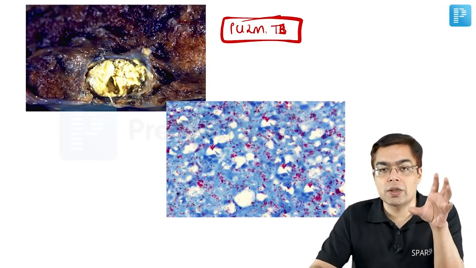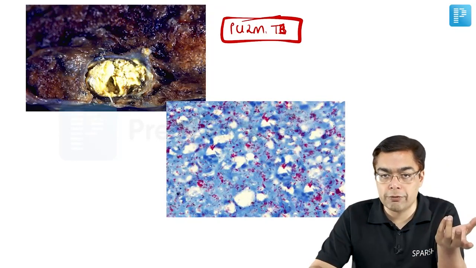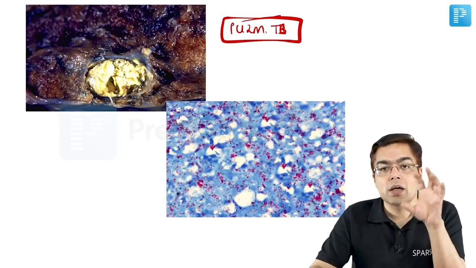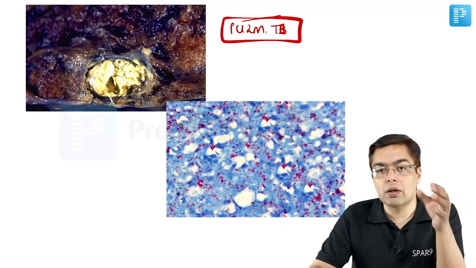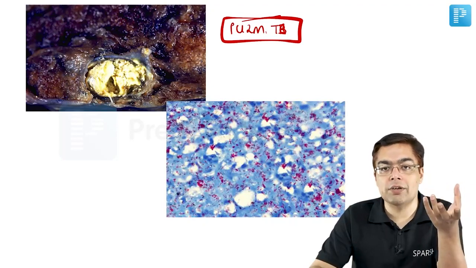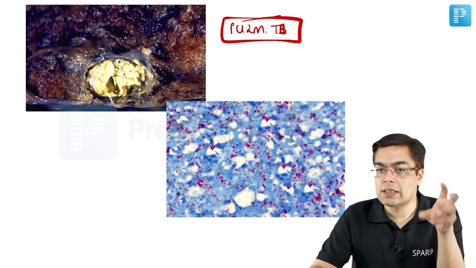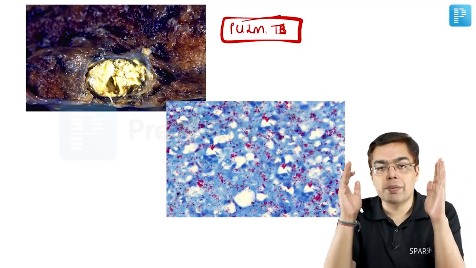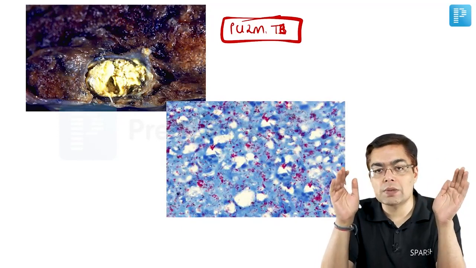So watch out for the question in the exam carefully. Commonest reason for primary pulmonary tuberculosis is droplet infection. Commonest reason for development of secondary pulmonary tuberculosis is reactivation of a latent infection. Whenever we are talking about a latent infection, if an individual is having immunosuppression, the bacilli can go and cause seeding of different areas in the body, and if there is a systemic involvement, that is given the name of miliary tuberculosis. Please recall from our discussion between primary and secondary tuberculosis, we find that hilar lymphadenopathy is more likely